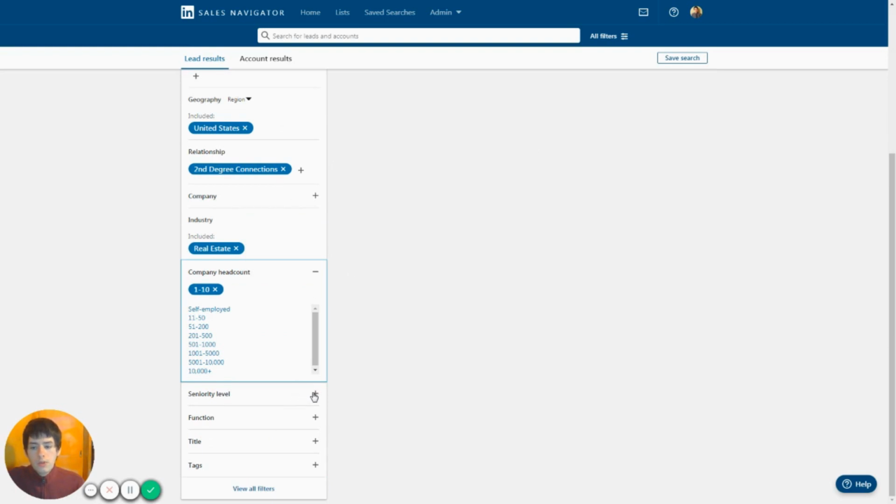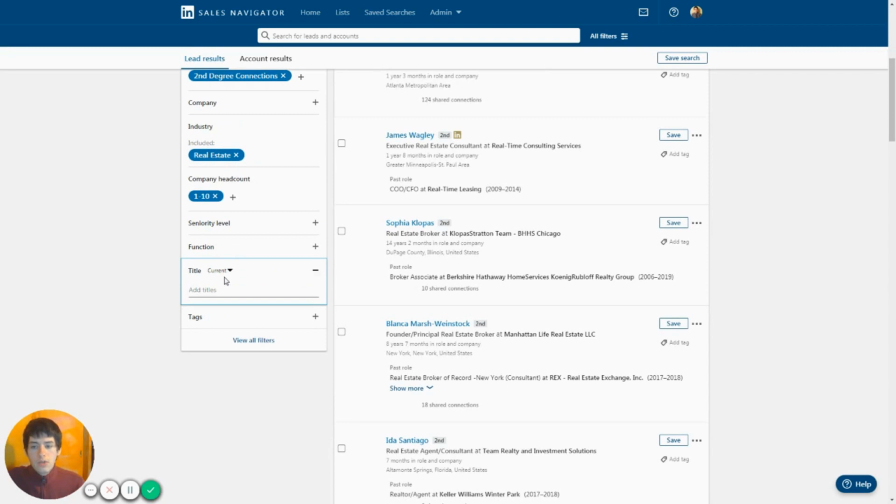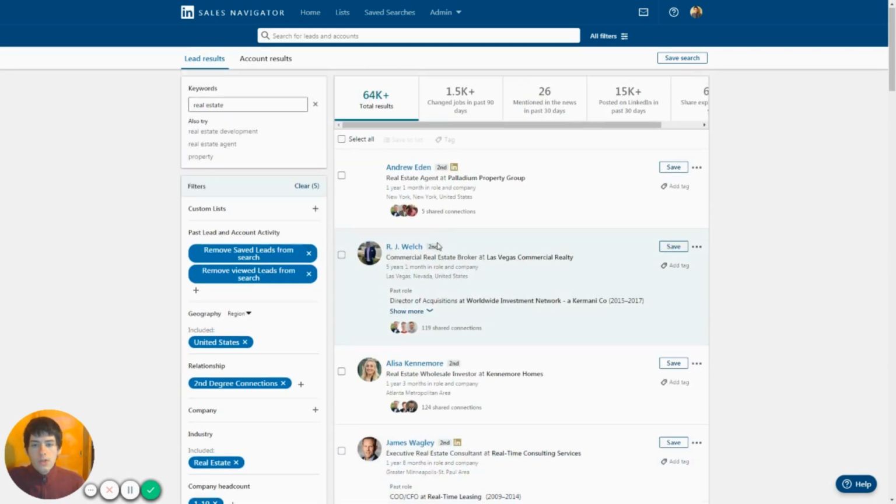Seniority level, you can select that there. You can do titles. Under titles, you want to keep it current. You can do current and past or just past. I'm just going to keep it current for now. And then you can do tags. As you can see here in the search, it's very detailed and it's brought up some pretty good results